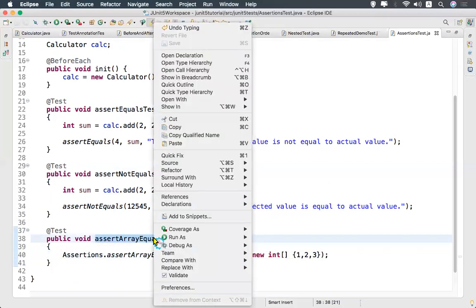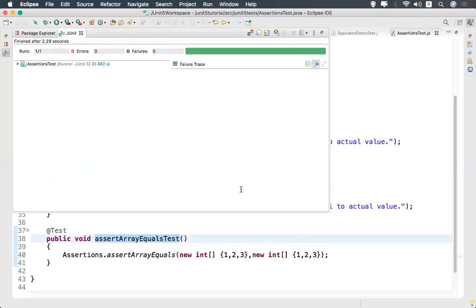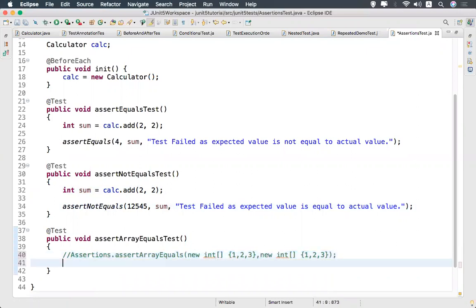So when I run this, it will pass. The reason is both arrays are equal and these are integer arrays. Okay. So now what I'll do, I'll change the order of values in the array.